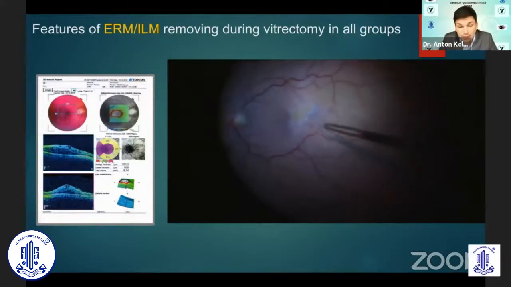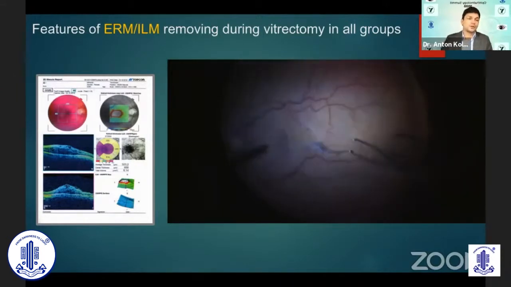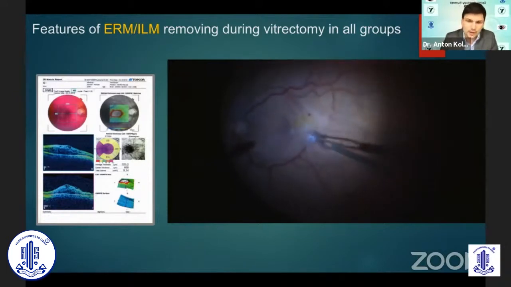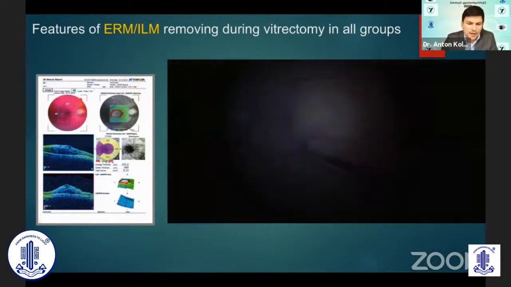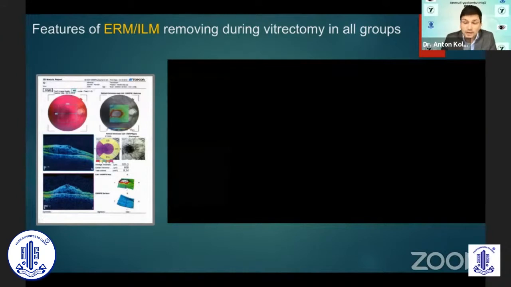Sometimes, trying to minimize tractional forces on the macula, we performed vitrectomy around the remodeling tissues and retinal crest. And we performed double staining to make sure of complete ILM